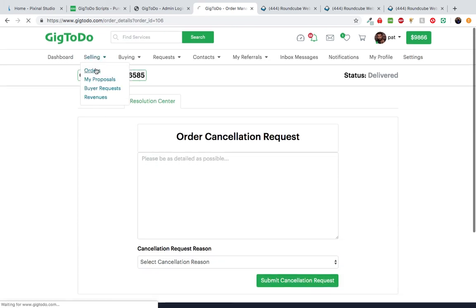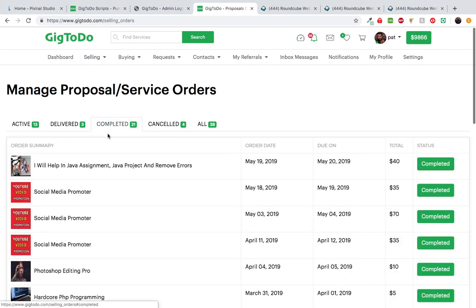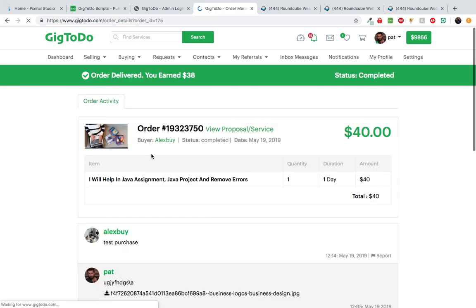So let's go back to orders, and let's go now to completed orders. Again, completed orders are orders that the buyer has actually rated. So the buyer has completed the orders by actually giving feedback, giving ratings for that order. So this order right here, Pat completed this order and he delivered the order, and the buyer, Alex, rated the